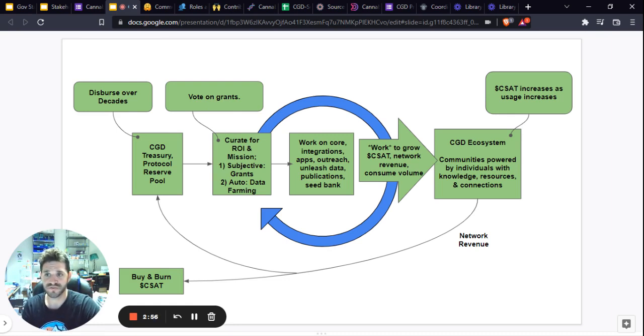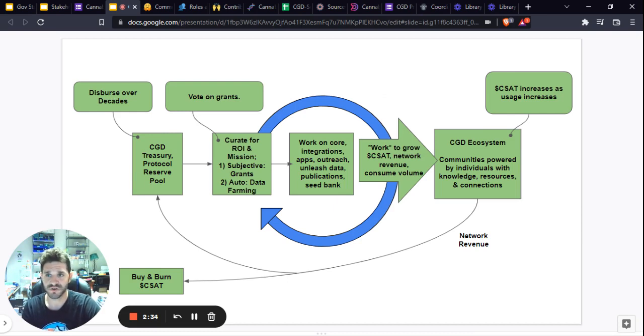There will be the ability for people to farm data on the marketplace through one-sided staking, so you can stake CSAT token on a data set to curate, essentially, and gain rewards through the marketplace. And those fees will go back to the treasury, actually. You will also be able to stake CSAT and earn rewards from the